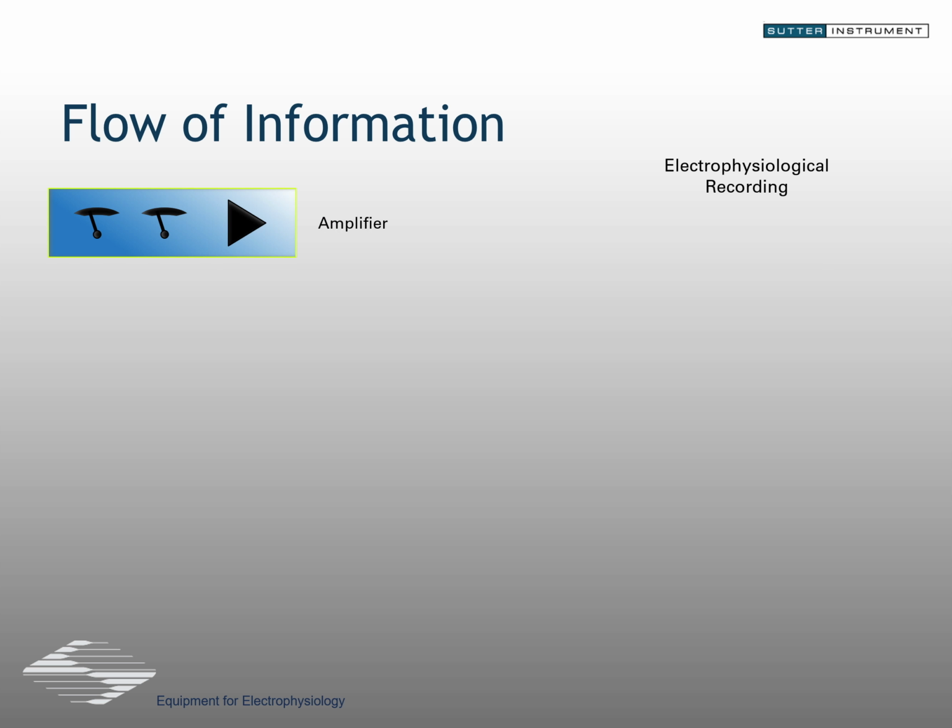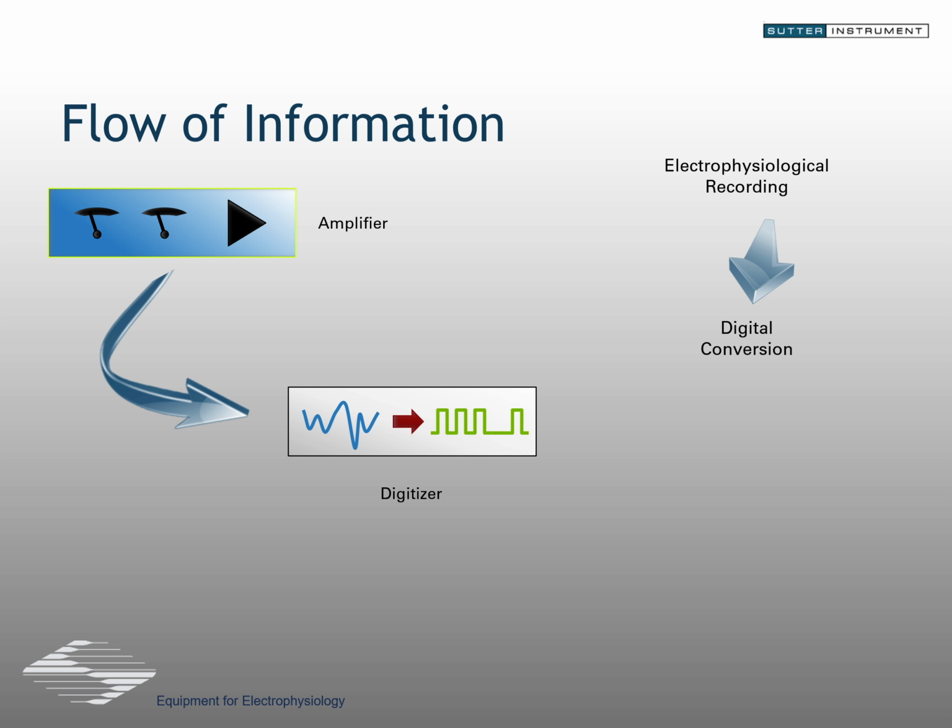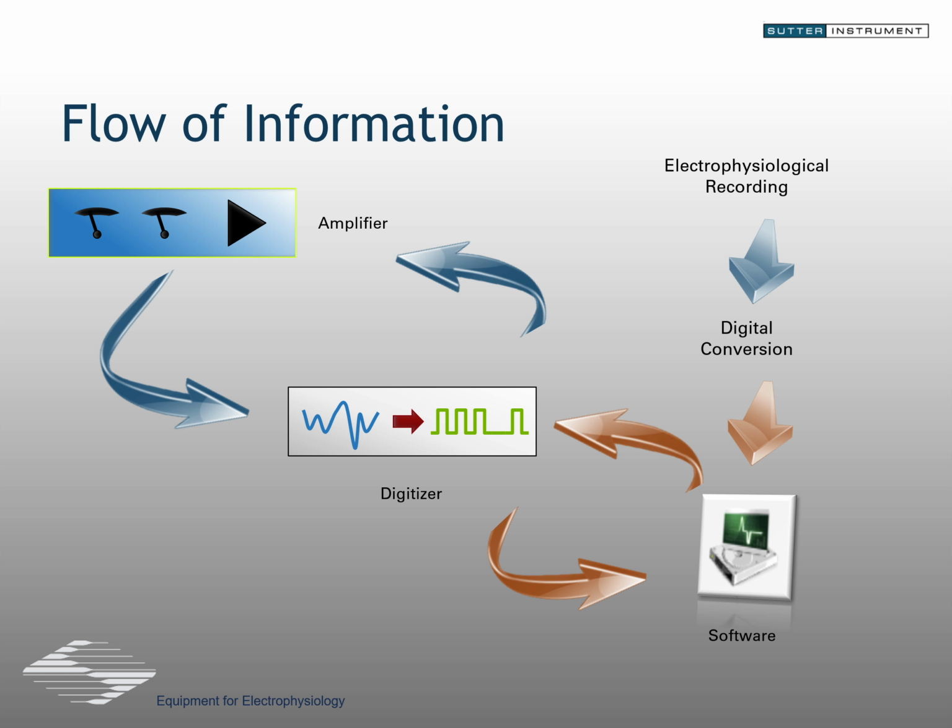Now, I want to discuss a little bit more about the integrated digitization in these units and what that does. So to do that, if I step back and we look at the flow of information in an electrophysiology experiment, typically what we start off with is the electrophysiology recording, which is fed into an amplifier. That then goes to a digitizer, and the digitizer makes sense of that waveform, puts it into a digital signal, which can then be fed into software for analysis so that we can process it and understand it and make meaning out of it. Meanwhile, the software also gives signals back to the digitizer, which can then be fed back to the amplifier for outputs.